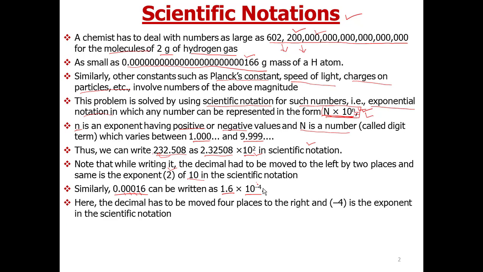So far we know that if we move the decimal place to the left-hand side, it is shown as 10 raised to the power of the exponent, and the value of the exponent is the number of places the decimal is moved to the left. Similarly, if we move the decimal to the right-hand side, it is shown as the exponent with a negative sign. So let us try some examples.